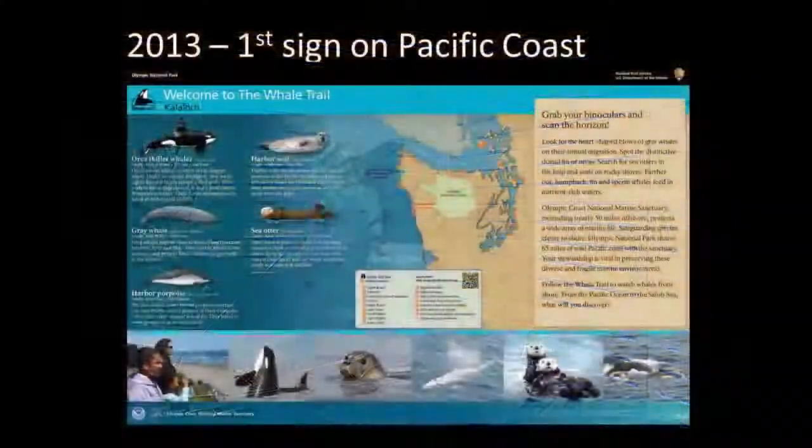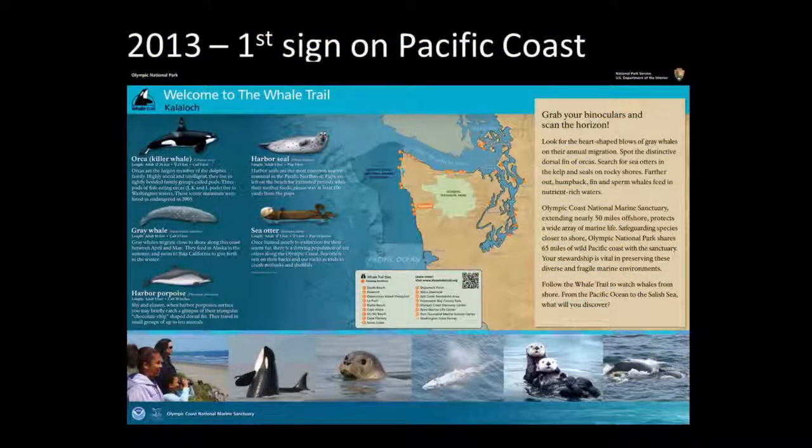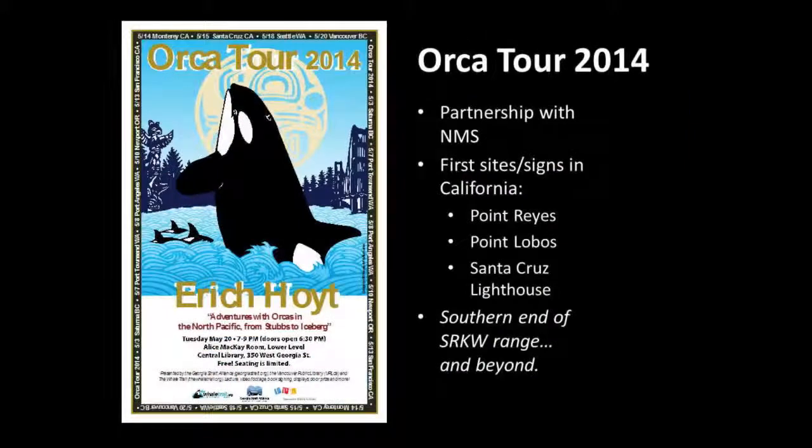In 2013 was the next big milestone. We had our first sign on the Pacific Coast at Kalaloch Lodge. That, again, was a collaboration with Olympic National Park and the Olympic Coast National Marine Sanctuaries. And then in 2014, we achieved one of our major goals of extending the Whale Trail throughout the southern resident orca range with our first sites and signs in California, Point Reyes, Point Lobos, and the Santa Cruz Lighthouse. That was part of a tour we did with Eric Hoyt called Orca Tour